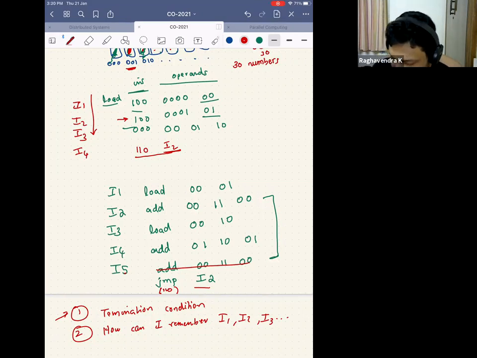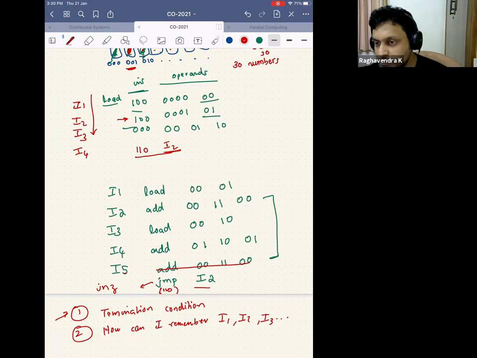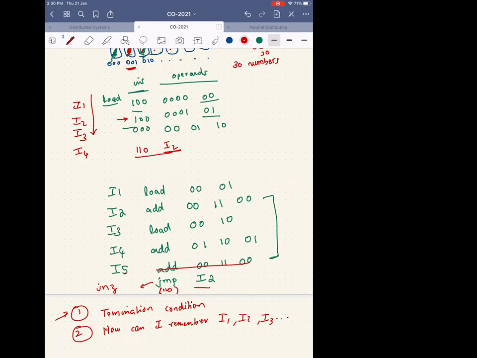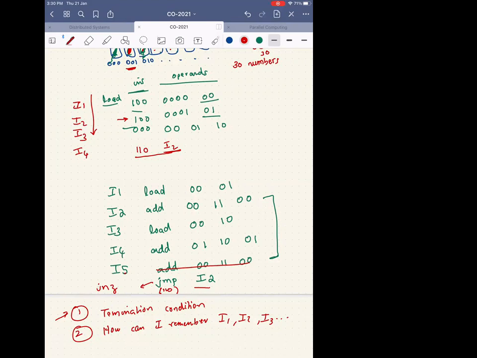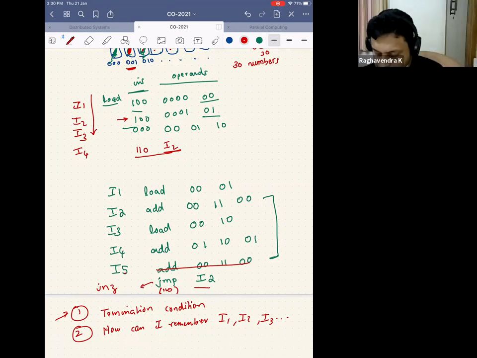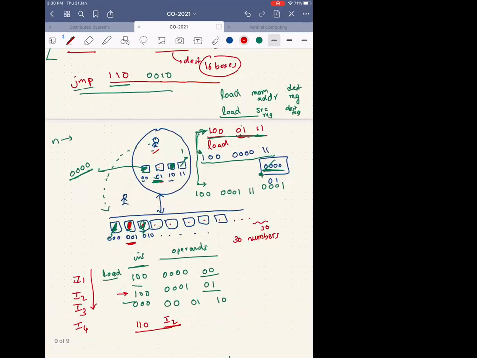Let's say I'll give you a hint. Instead of jump, I have one more instruction called jump not 0. So instead of JMP, I have a new instruction called JNZ. So what does the name tell you? Jump if not zero, right? Which means that I am looking at something and saying whether it is zero or not. We'll store some number in the box. Every time we decrease the value inside the box, when it comes to zero, we'll stop jumping.